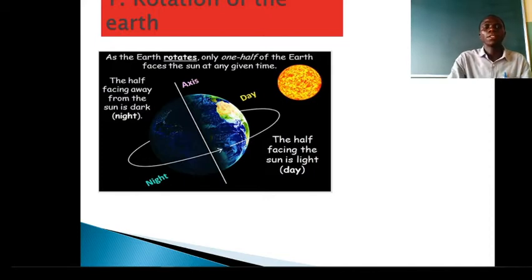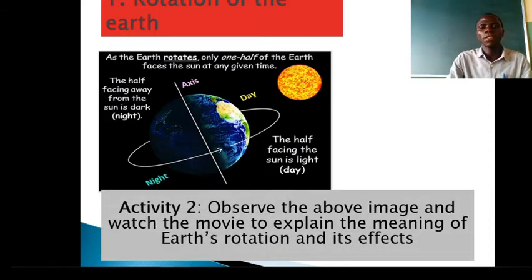It will help us to understand the rotation of the Earth. I'm going to show you a short movie. After observing the short movie with this image on the screen, you will explain the meaning of Earth's rotation and